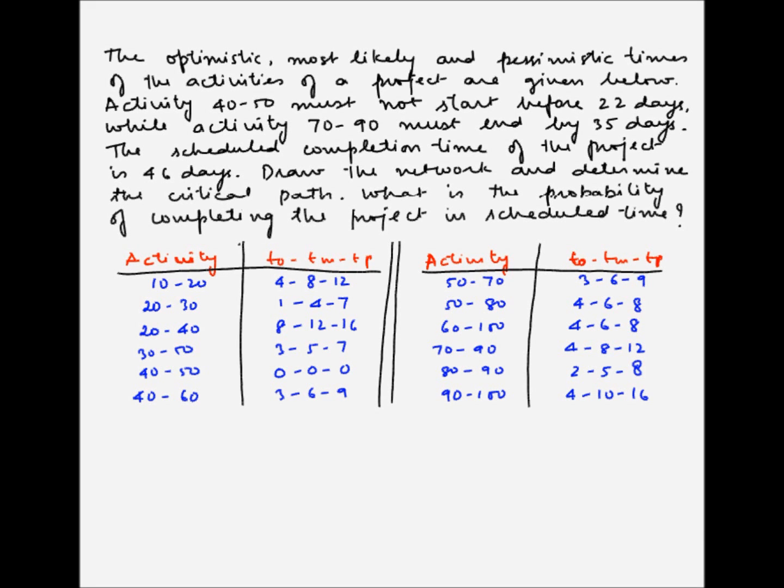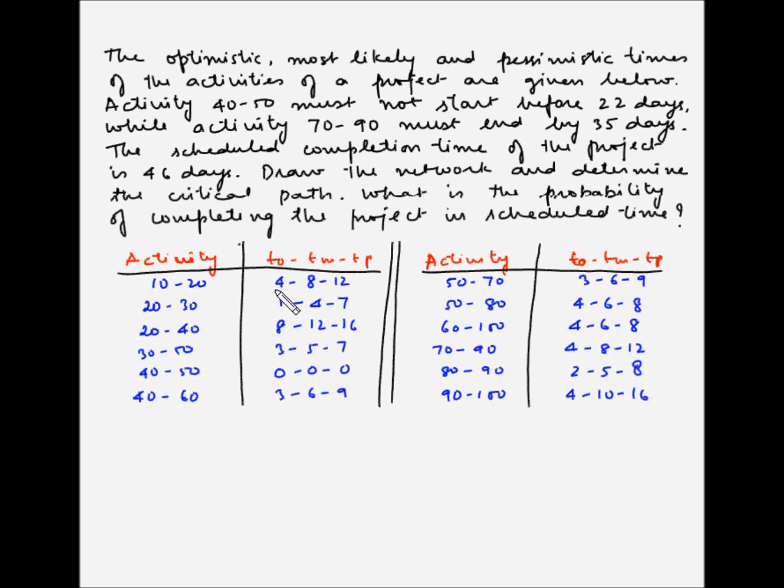The optimistic, most likely, and pessimistic times of the activities of a project are given in a table. So these are the activities 10 to 20, 20 to 30. What this means is this first activity starts at node number 10 and ends at node number 20. And the optimistic, most likely, and pessimistic time for each of the activities is also given. In this case, 4 is the optimistic time, 8 is the most likely time, and 12 is the pessimistic time